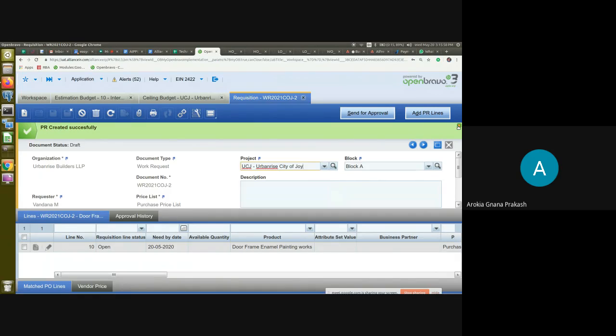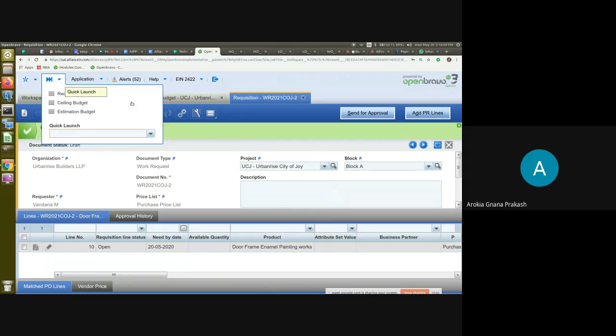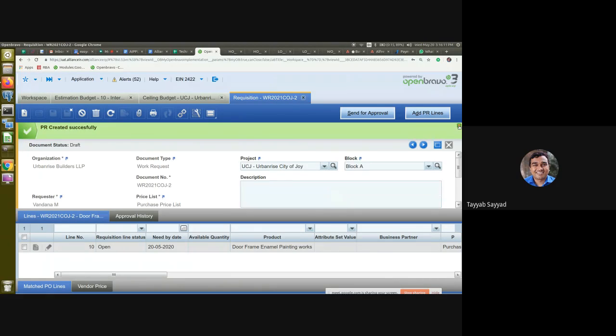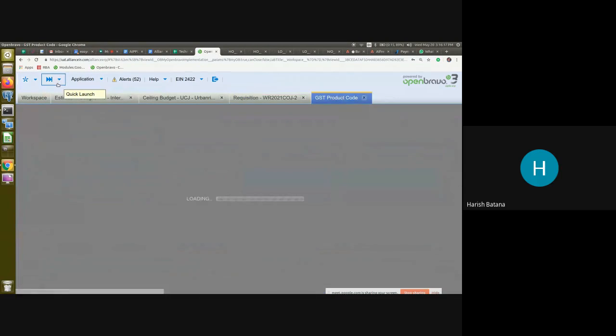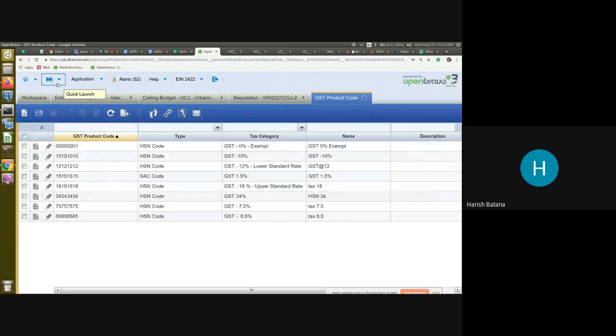Okay. And another one is the SAC code. Who is creating SAC codes? Whether it is default in the system or it is supported by accounts. That will be purely the Alliance team who will be creating. So it will be centrally maintained. Of course, we will recommend only the accounts team to create.